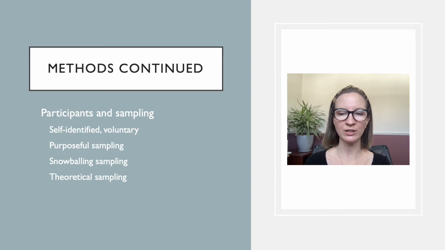Snowballing in qualitative research refers to when one participant leads to the next. This method is sometimes seen as a disadvantage since participants end up from a selected group of the general population. Furthermore, participants for this study self-identified and participation was voluntary. The researchers commented on the limitation to this approach. Self-identification can lead to sampling biases. Sampling bias has been discussed already in the tab labeled Limitations and Strengths.